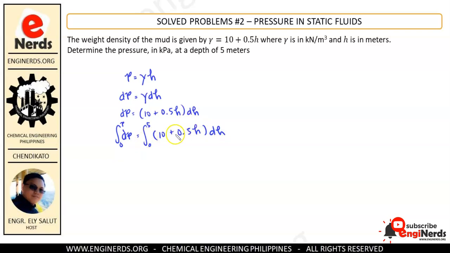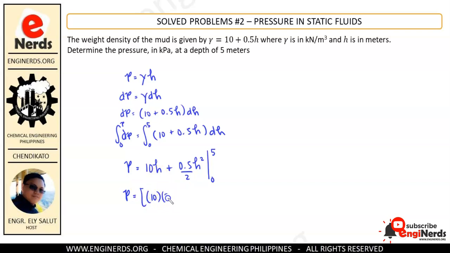dh. So the integral of dp from 0 to p is equal to p, and this is equal to the integral of 10 dh is equal to 10h, okay, plus the integral of 0.5 h dh is 0.5 h squared over 2, and this will be from 0 to 5. Okay, so substitute natin yan. So we have P is equal to 10